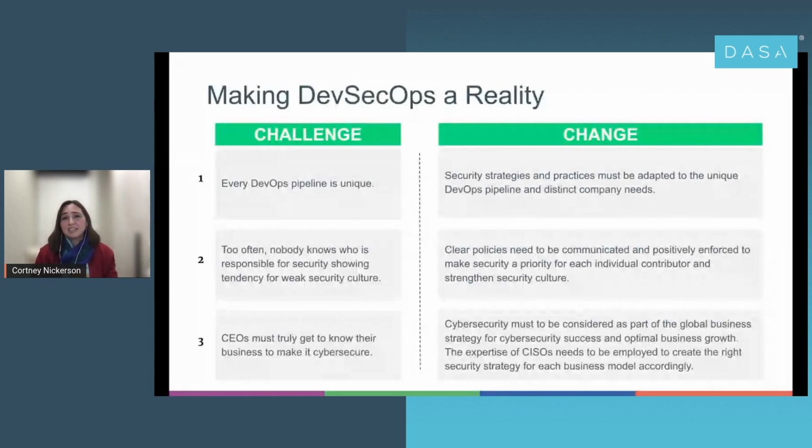for your team. Consider the unique security needs and initiatives of your DevOps team members by focusing on workflows and discussions around security and secure releases rather than just fast releases. Be persistent and take small steps toward creating a strong security culture at all levels of your company. And finally, let's stop leaving the CEOs in the dark. Let's be bold, jump out there and talk to them about our teams, what we do, why integrating cybersecurity as a key factor to overall business strategy and growth is integral to